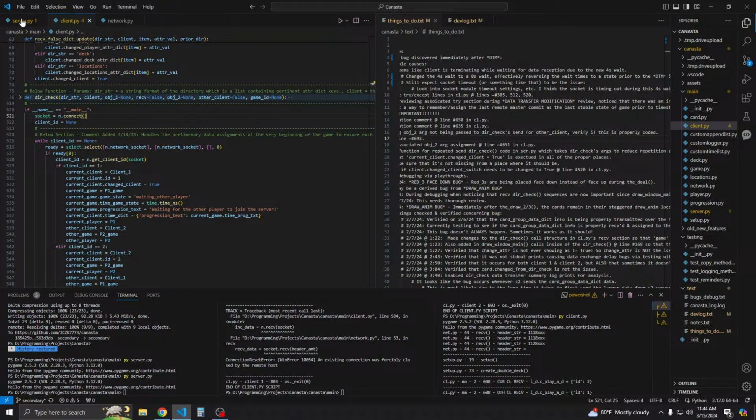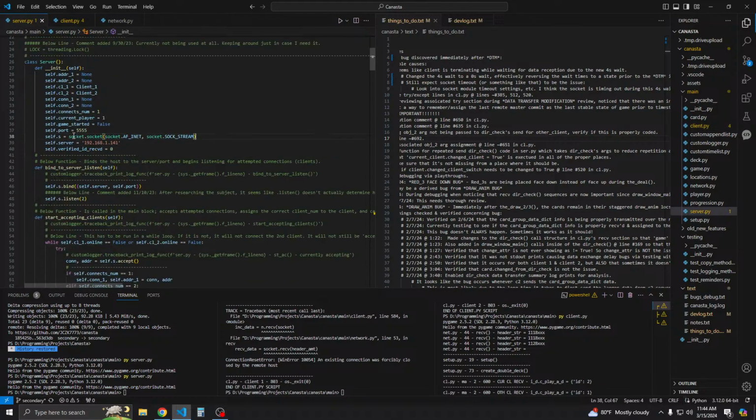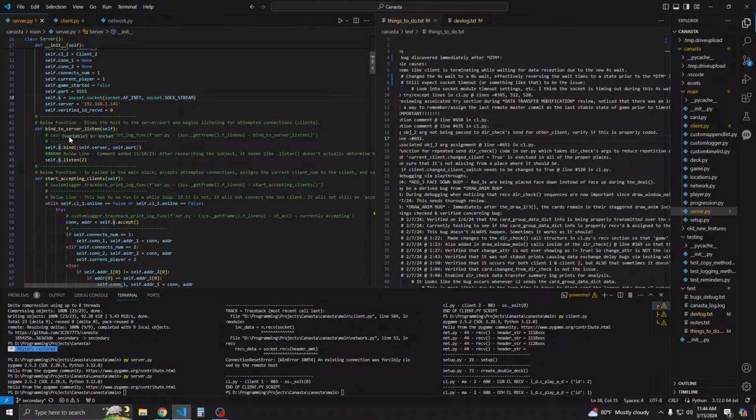So let's start on the server side first. On the server side, we have .s as the socket. So initially we say self.s.bind. We're binding the socket to the server,